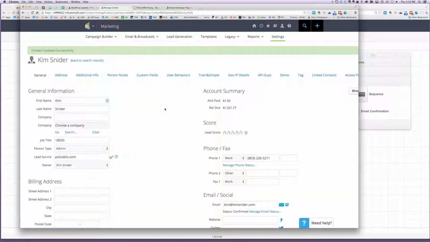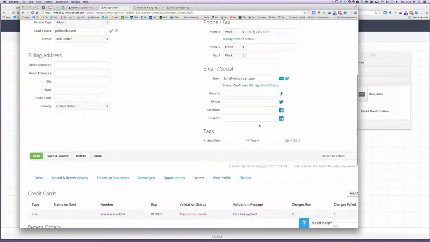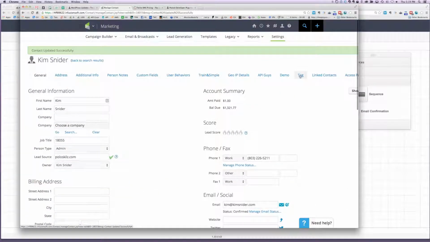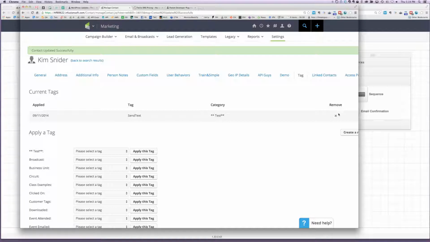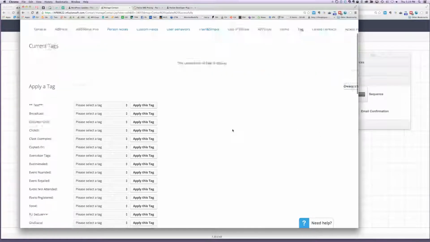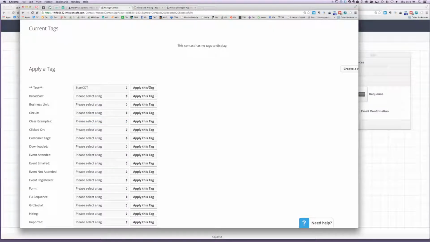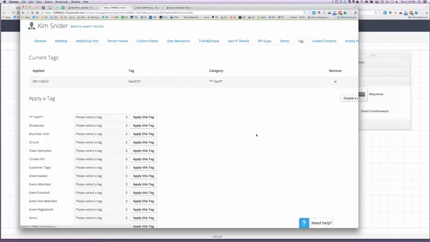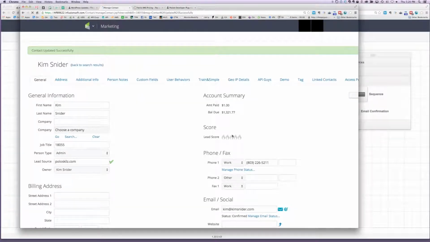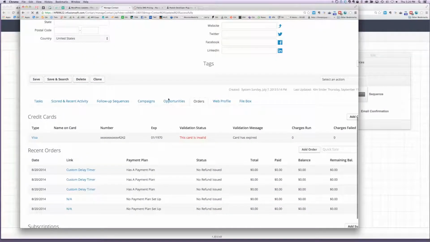I'm going to go over here to me in campaign, oops, let's get rid of that one. And I'm going to apply a tag to me. First thing, I get rid of that one because we don't need that. Okay, so I'm going to go over here, and the tag I had set up for that was start custom delay timer. Now remember, that thing's going to wait for 60 seconds before it applies. So what's going to happen is I've applied the tag. If I refresh and I look in the campaign builder, in the campaign tab down here at the bottom, just to confirm